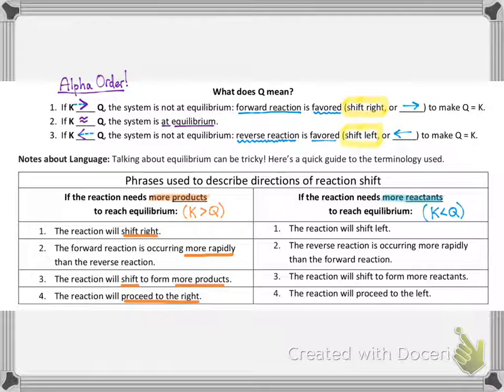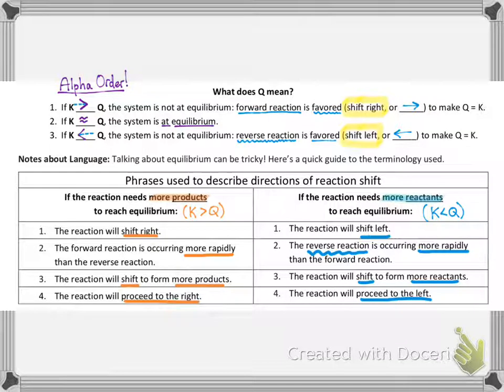So we could talk about how the reaction will shift left, or how the reverse reaction is going to occur more rapidly because we need to basically make more reactants. Or we're going to say it's going to shift to make more reactants, or it will proceed to the left. Again, all of these things mean the same thing, but you have to recognize all of them when you see them. Okay, let's go ahead and just try two practice problems so you can see how we use this reaction